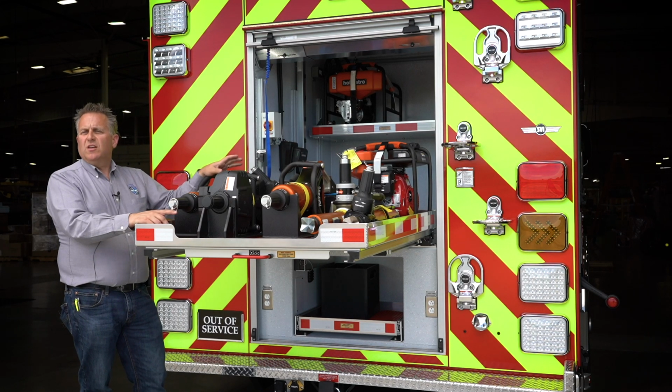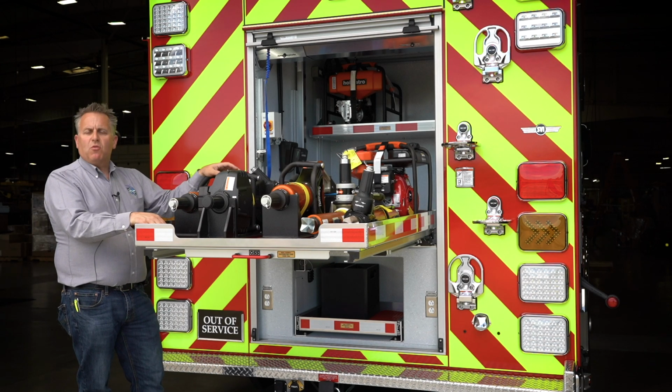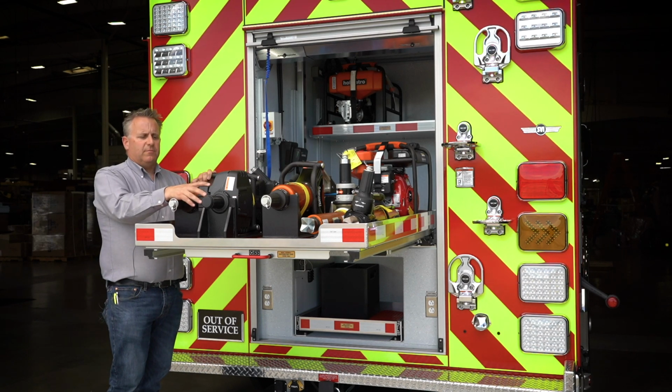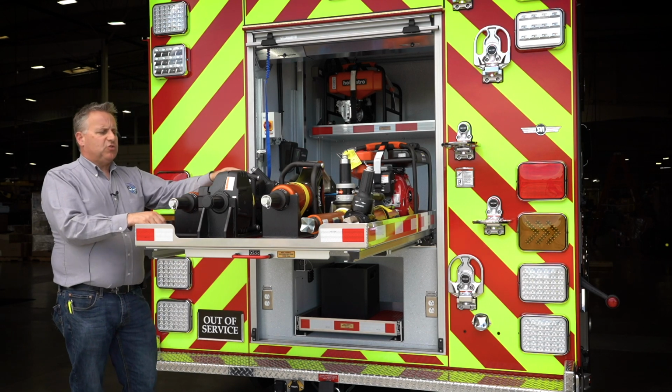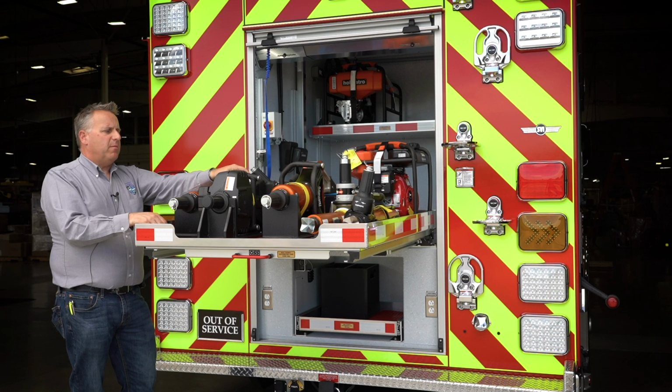This is the biggest we could get, so we're set up well for any heavy objects or heavy steel, heavy metal that we have to pry or cut through. We also bought, new for us, the battery operated combi tool. We're just trying it out. This is new technology for us, so if this works well, we would probably go with these units